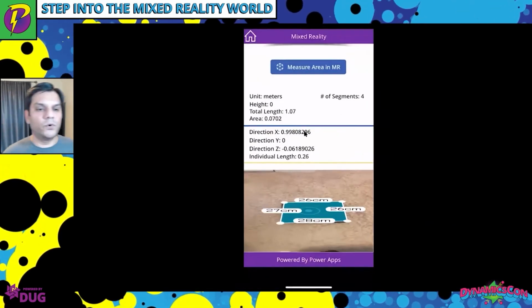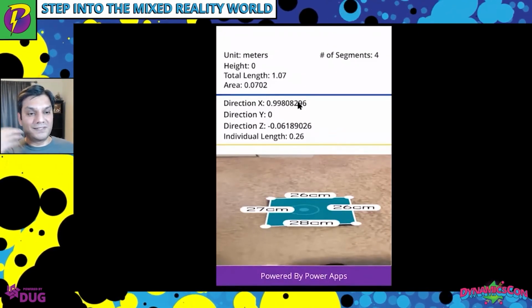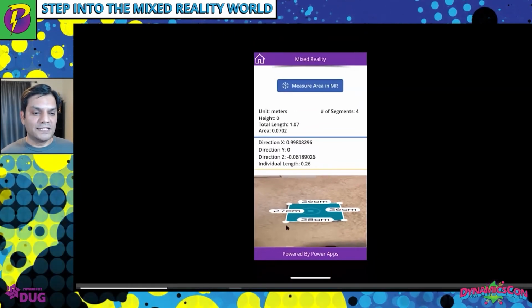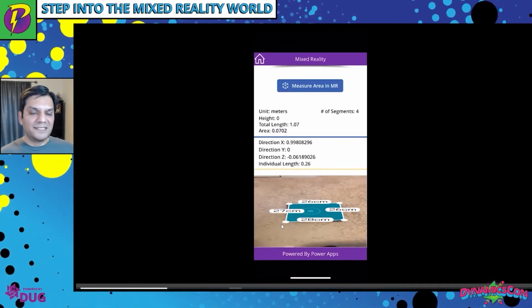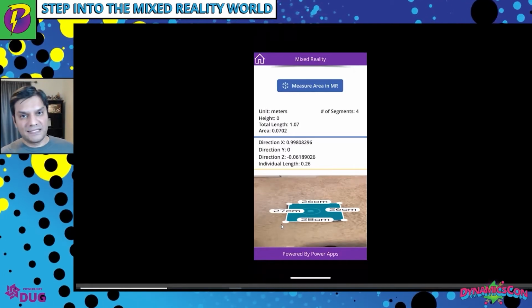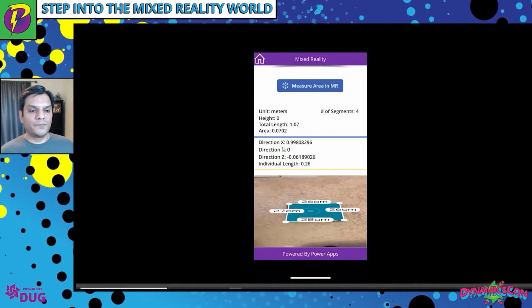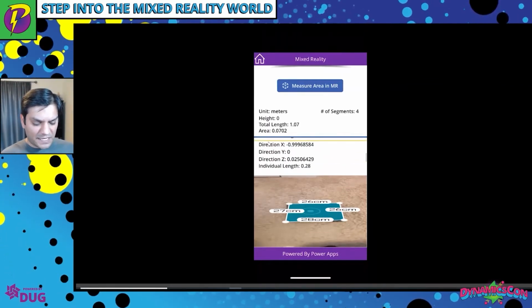And see, here are very important things. Let's spend a little bit of time understanding what it is, because this will give you a really good idea of what the whole concept of segments is. As you can see down here, these were 4 segments. In simple terms, they were just 4 lengths that we measured. That's why it's giving me a count of 4 segments. But over here now, I've got the measurement of each and every one of the segments.